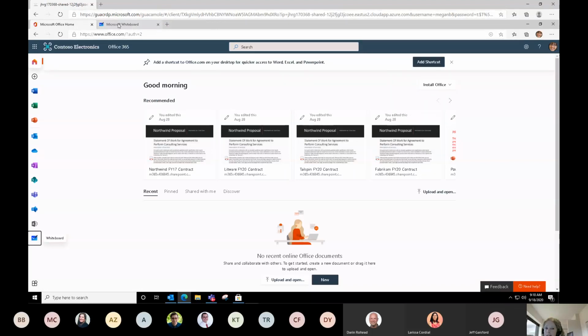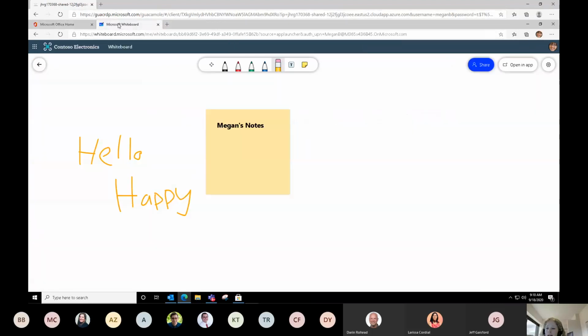Now, as far as what it's available in, because I've had a few people ask me, is it available on a cell phone as a mobile device? Right now, it's available in the iOS, so it's available for iPhones, but it is not yet available on Android. And I'm a little bit disappointed because I am an Android mobile phone user. I do have iPhone users in my house. I do have an iPad. You can also use it on the iPad.